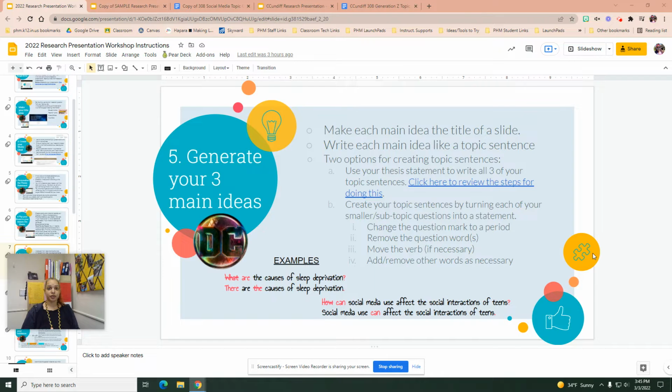So you have 2 strategies that you can use to create these main idea statements, these topic sentence like things, because there are 2 methods for creating topic sentences. So we're going to make these just the same as we would a topic sentence. Right? The first method is to use your thesis statement to write all 3 of your topic sentences, and the second method is to create topic sentences by turning each of your smaller or subtopic questions into a